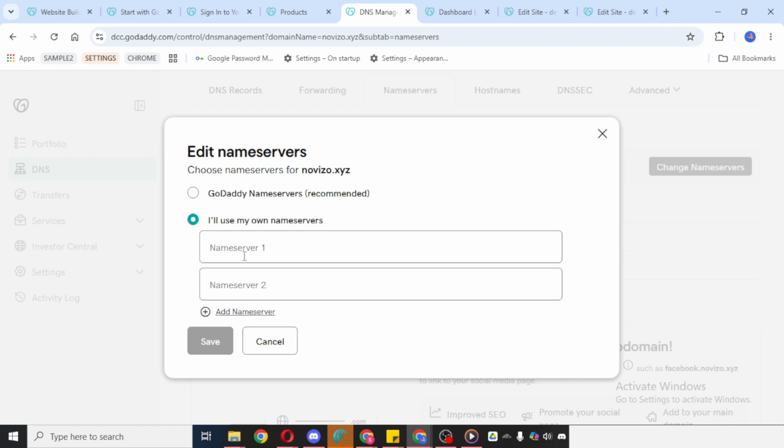After saving, keep in mind that DNS-related updates may not happen instantly. In some cases, it can take a little time for the new private name servers to become fully active. And that's it. You've now gone through the process of creating private name servers in GoDaddy. If you follow each part carefully and review your entries before saving, the setup should be smooth and straightforward.